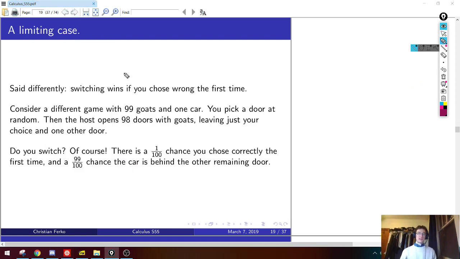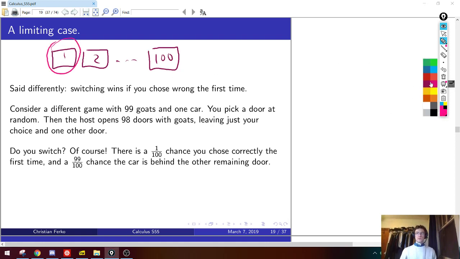So let's just take a limiting case that makes it much more clear why the game show host is imputing information here. So now suppose there's 100 doors. There's 100 doors with 99 goats and 1 car, right? I pick a door at random, say I choose door number 1. Now the game show host says, all right, you chose door number 1. I'm going to eliminate 98 other doors. Door 2 has a goat, door 3 has a goat, all the way up to door 99 has a goat, and then he leaves door 100 unopened. And then he says, all right, I've eliminated 98 doors that have goats. Do you want to switch? Now you'd be insane to say, no, I'm not going to switch, it's 50-50.